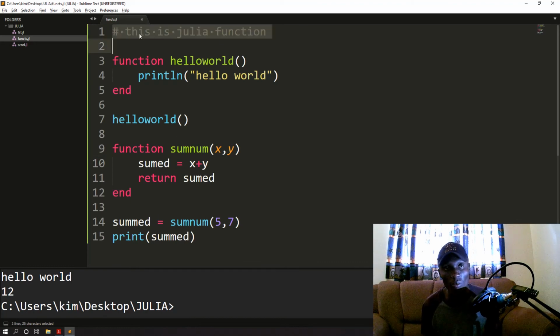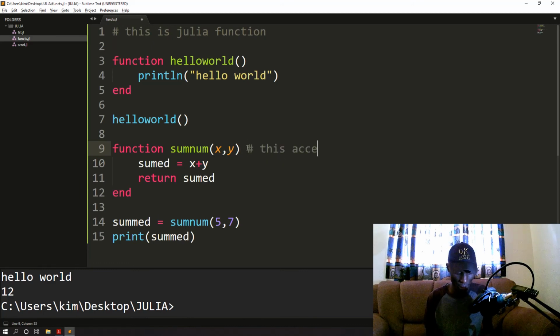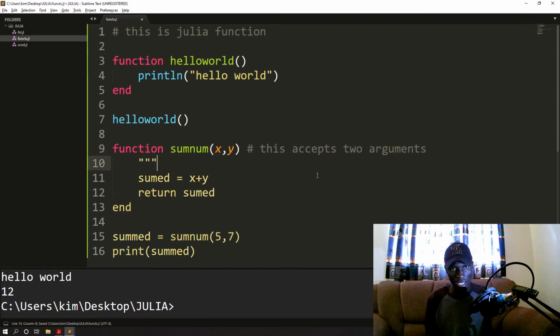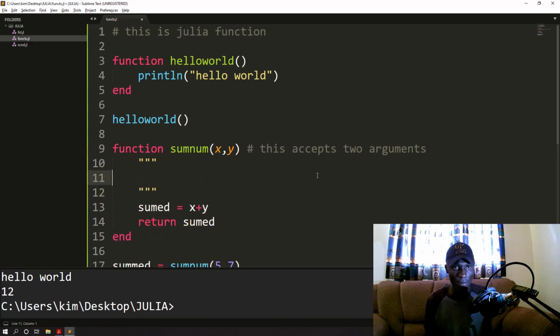Like, this is a Julia function. This is something called a comment. So comments are helpful. For instance, if we say this accepts two arguments, you see, that is it. And then we can have something like this, multi-line.